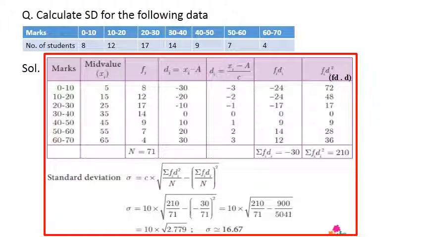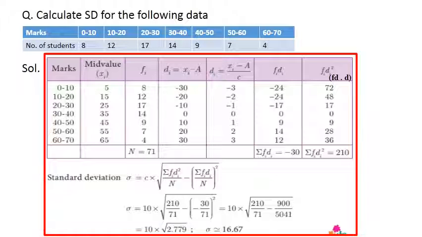And there is one more example, you can see this. This is the example of calculation of standard deviation in case of continuous series. How can we calculate standard deviation in case of continuous series? It is like we have calculated earlier, but here we are denoting deviations by di. Di are the deviations. Remember, di here is x minus a.